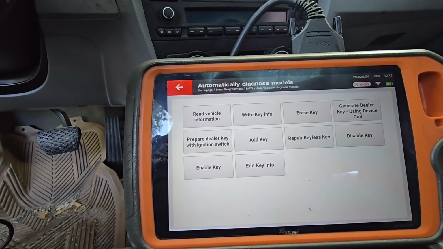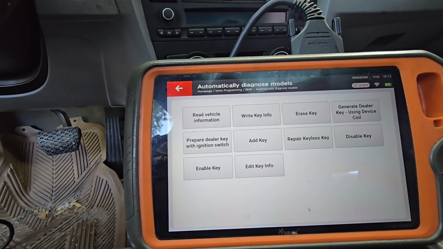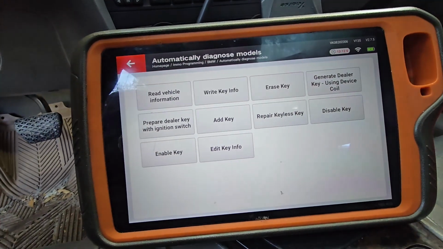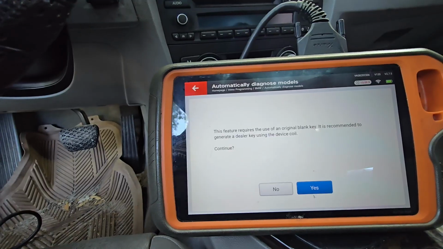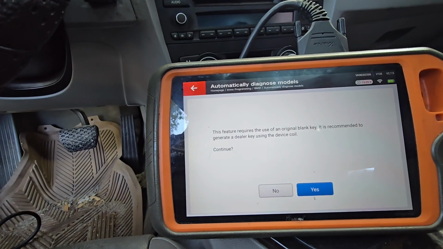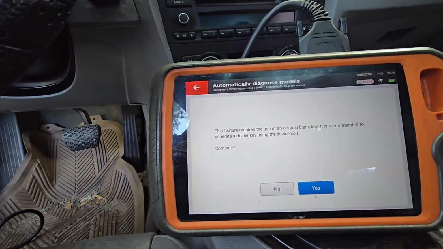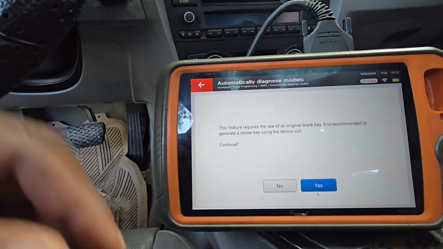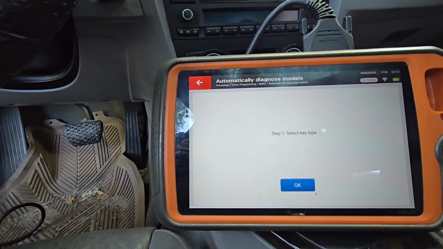Alright, so what we want to do is generate daily key using the ignition switch. So I'm going to put the key back in the switch. Alright, this feature requires the use of original blank key. It is recommended to generate daily key using the device coil. We're going to go ahead and give this a try. We'll go ahead and select